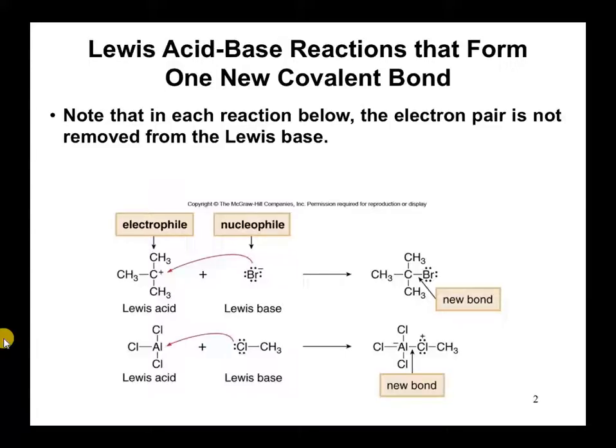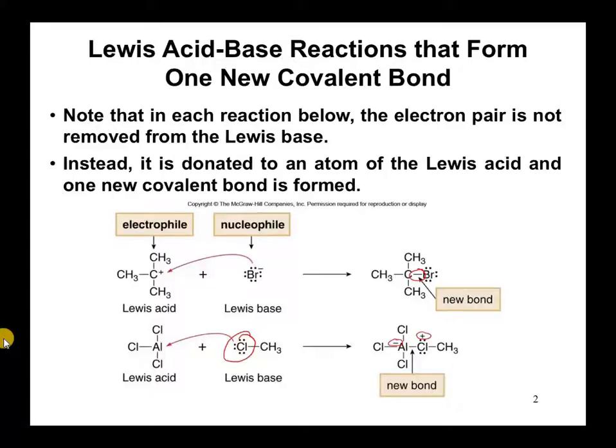So if we take a peek at this Lewis base, this bromide nucleophile is going to attack the Lewis acid, which is this carbocation, to form this brand new bond right here. That is lower in energy, so that reaction is going to occur every single time. On the bottom example here, we see that these lone pairs, one of those three, it doesn't matter which one, is going to attack this electron deficient aluminum to form this new bond. And this is a zwitterion, this negative and positive charge here,